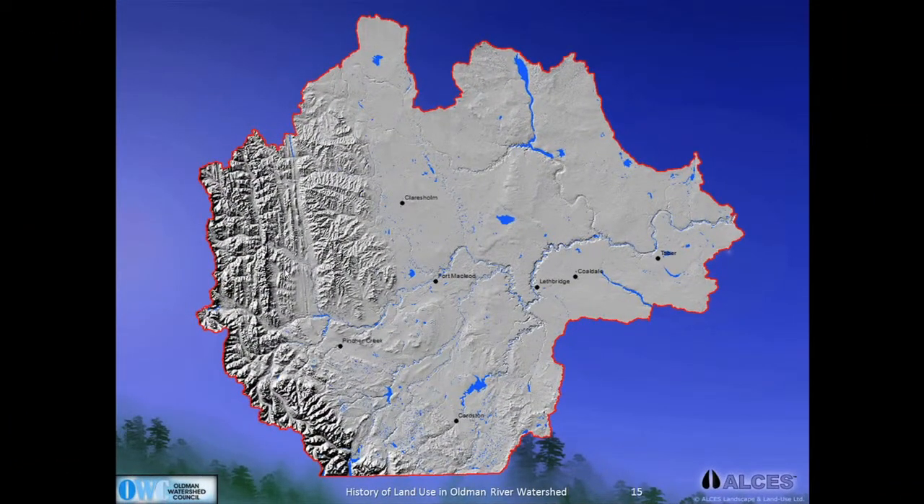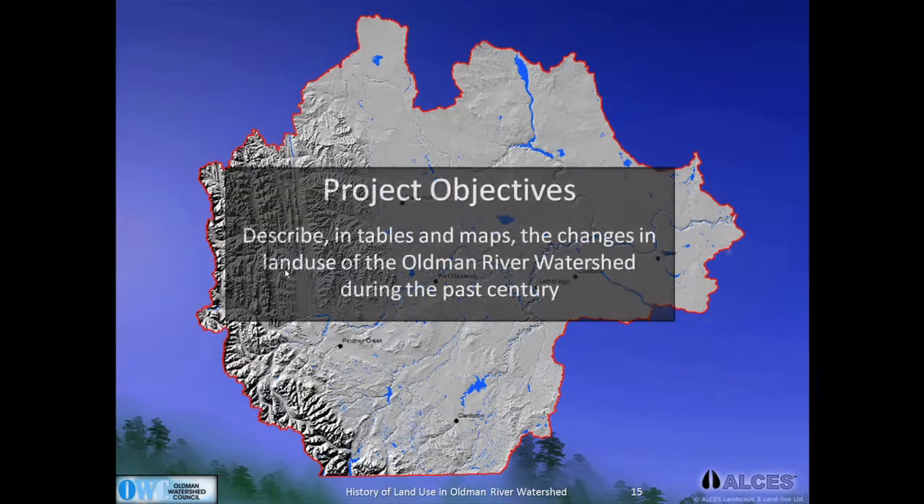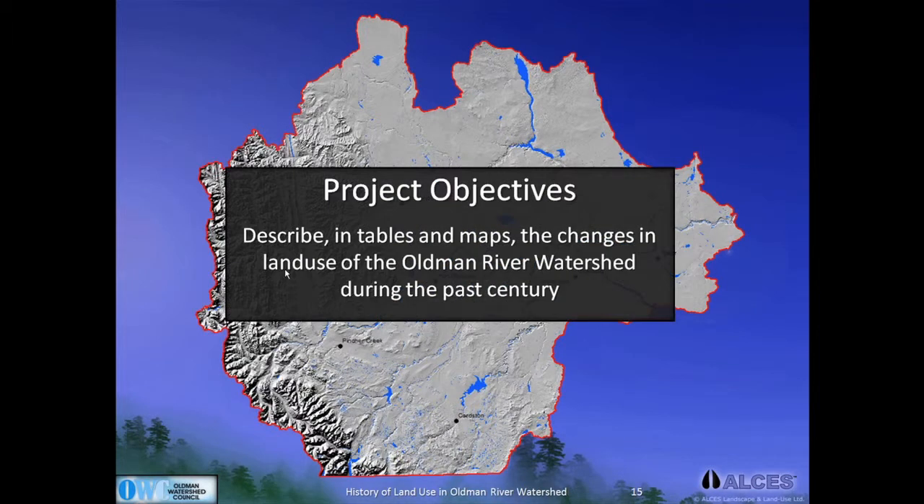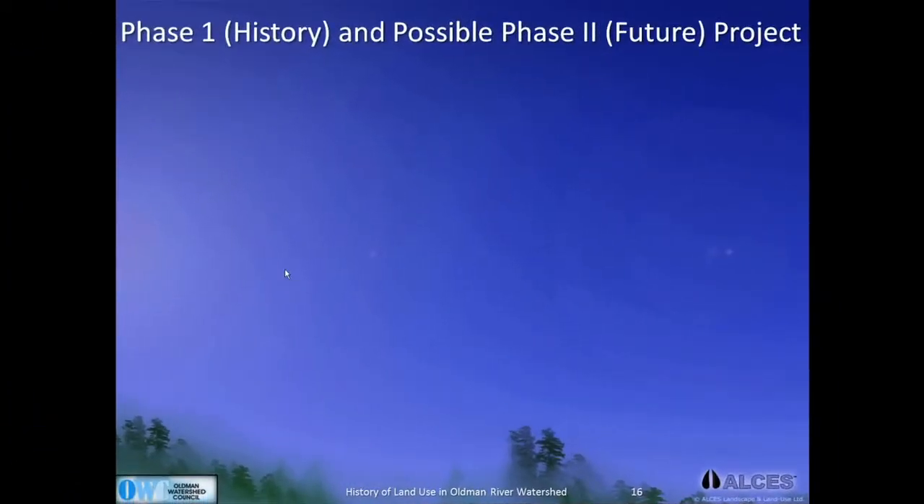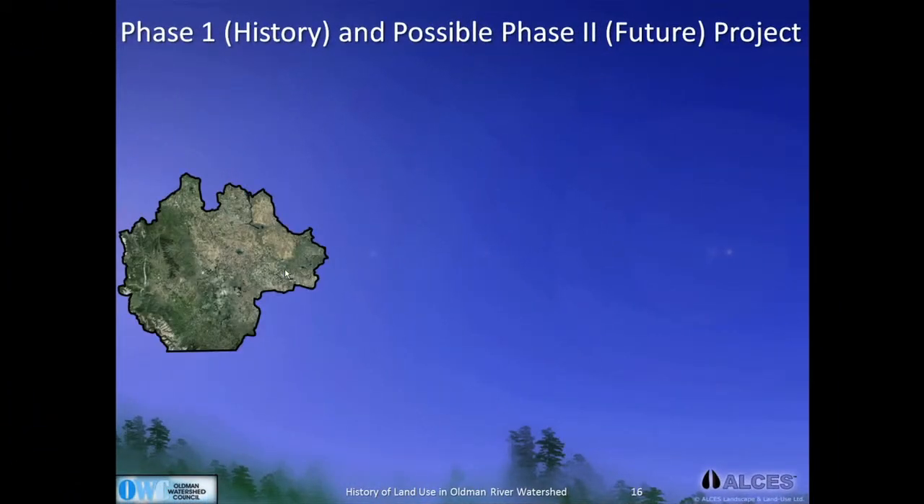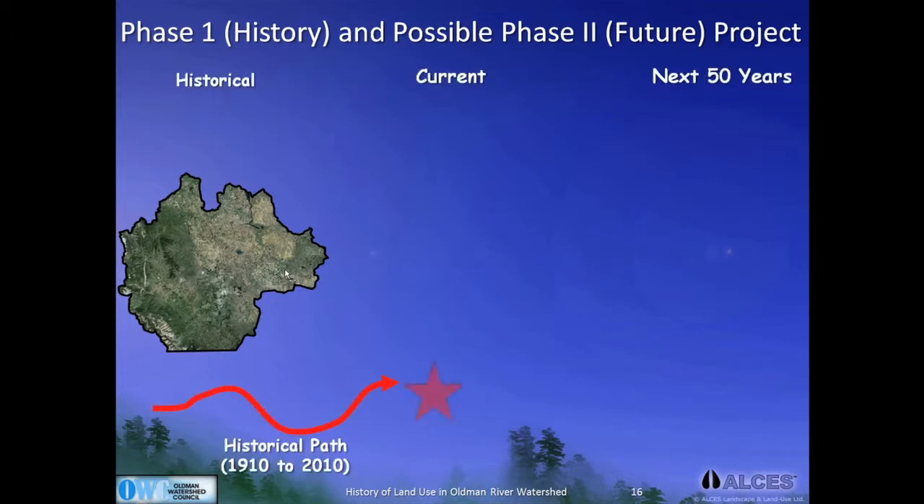So the project objective is to describe in both tables and maps the changes that have occurred in the Oldman River watershed during the past century, between 1910 and 2010, kind of looking at it decade by decade. This represents the first phase of this project, which is to take the landscape, help people understand how it's changed decade by decade over the last 100 years, what it looks like today, and how those changes have occurred throughout